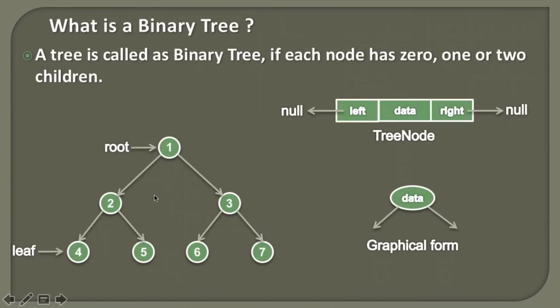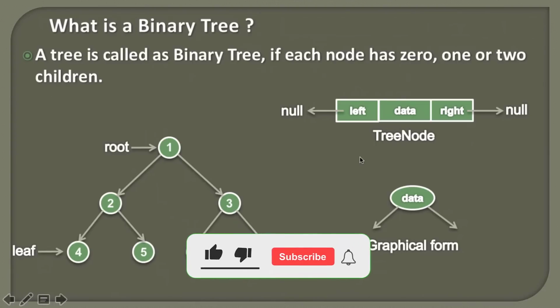So here in the below diagram you can see the root is the parent of all the nodes. It has 2 children with data 2 and 3. The node 2, which is the parent of 4 and 5, has 2 children, 4 and 5. And at the last you can see node 4, which is a leaf node, has 0 children. So friends, similarly a node can have 1 child and the other child can point to null.